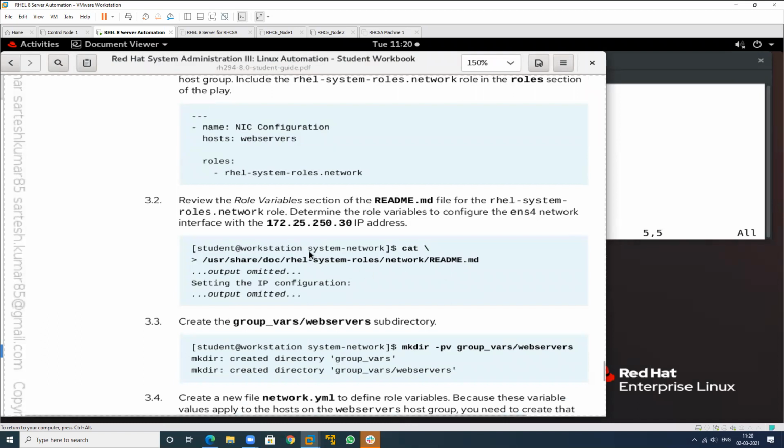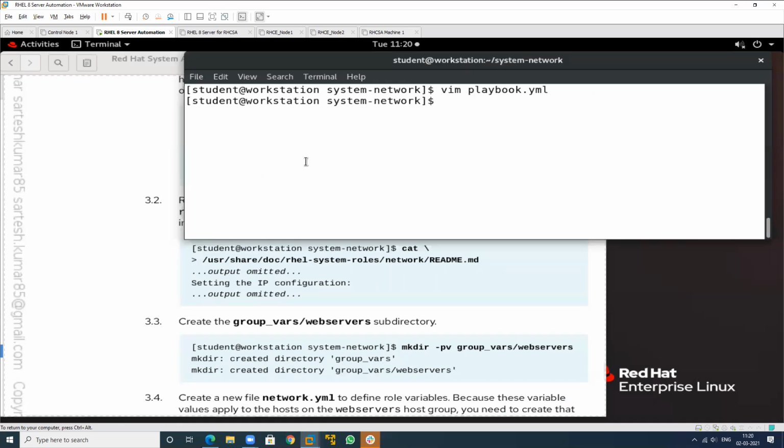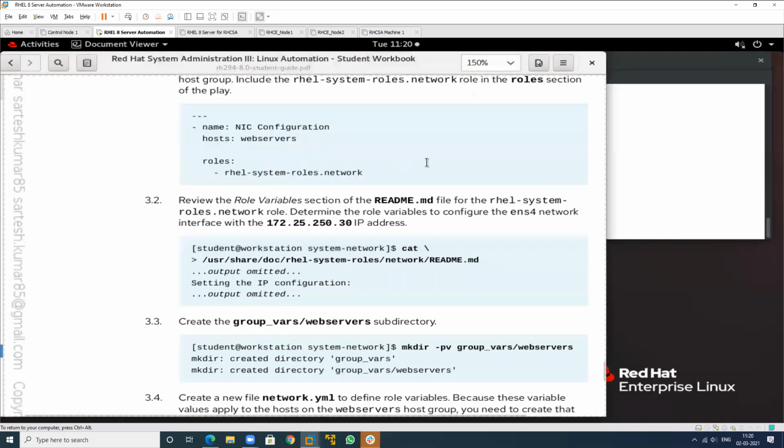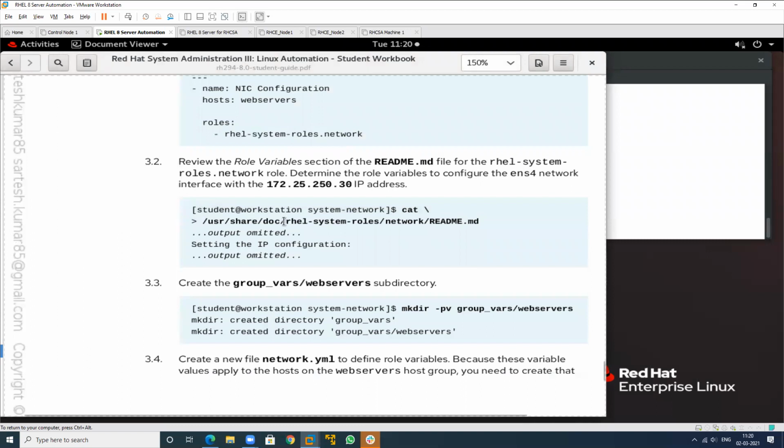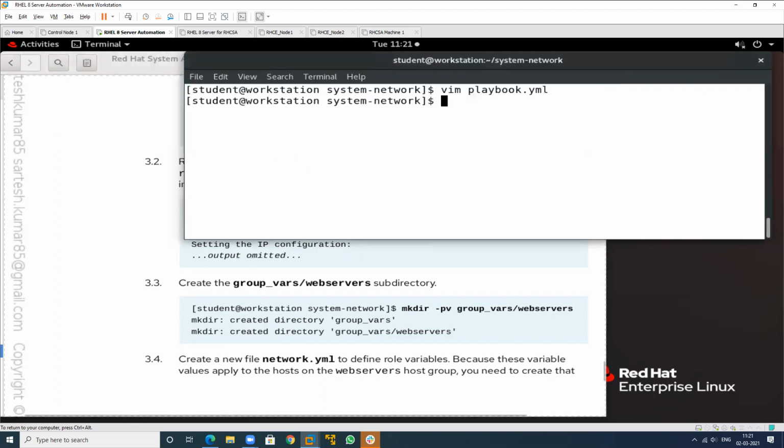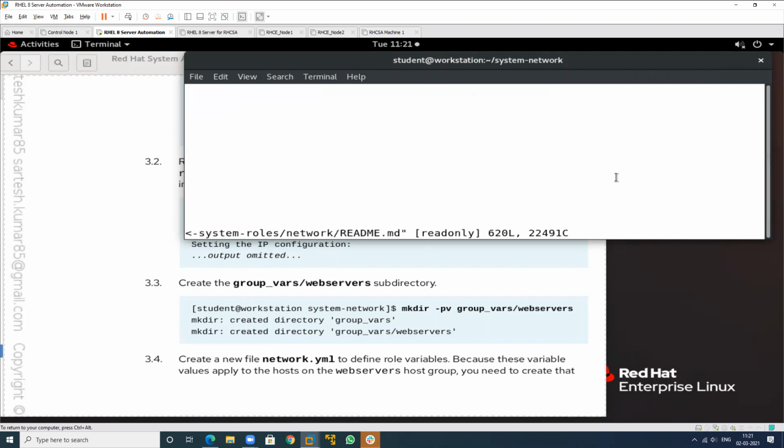After saving, review the role variable section in the README. This is the README file, and I want to review it. Here I want to check setting the IP address configuration. Just vim here and go to this location.